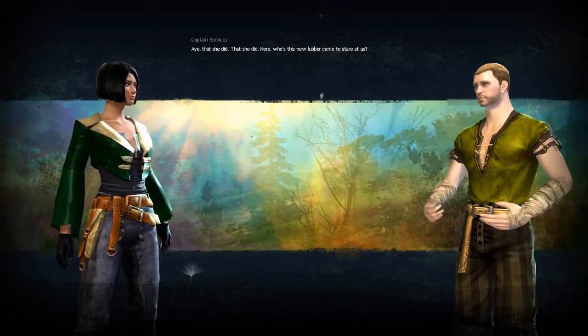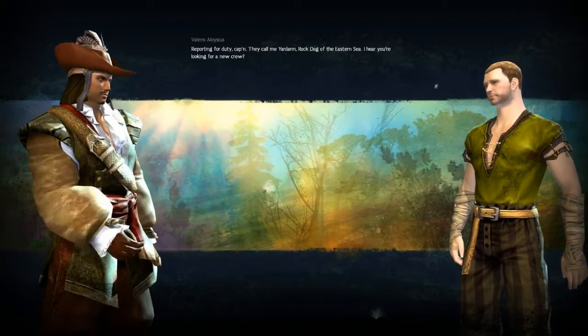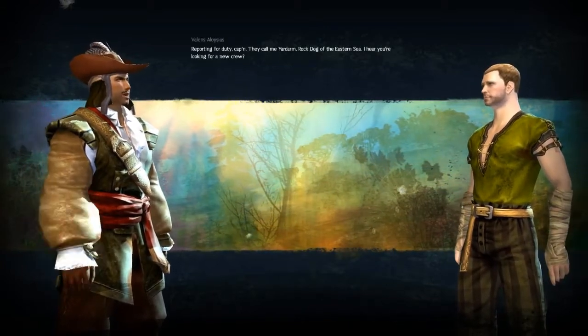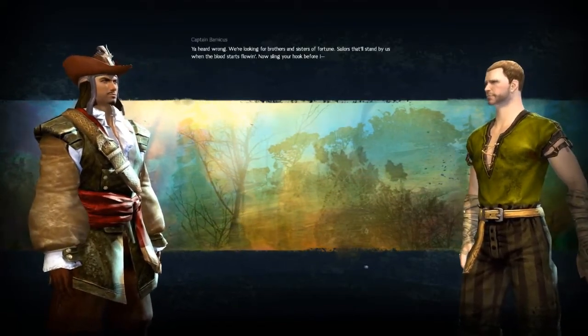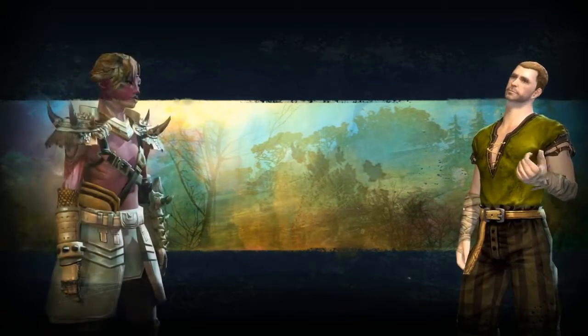Here, who's this new lubber come to stare at us? Reporting for duty, Captain. They call me Yardarm, Rock Dog of the Eastern Sea. I hear you're looking for a new crew. You heard wrong. We're looking for brothers and sisters of fortune. Sailors that'll stand by us when the blood starts flowing. Now sling your hook before I...